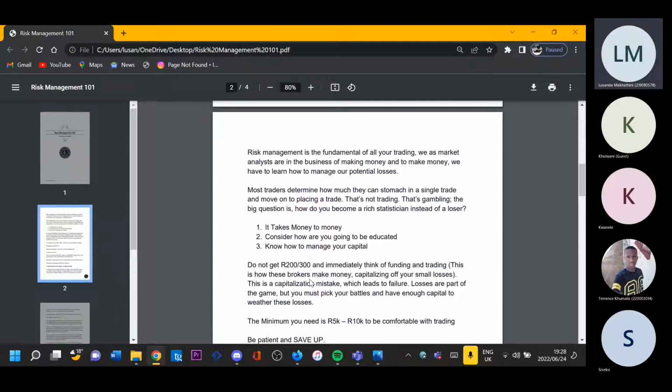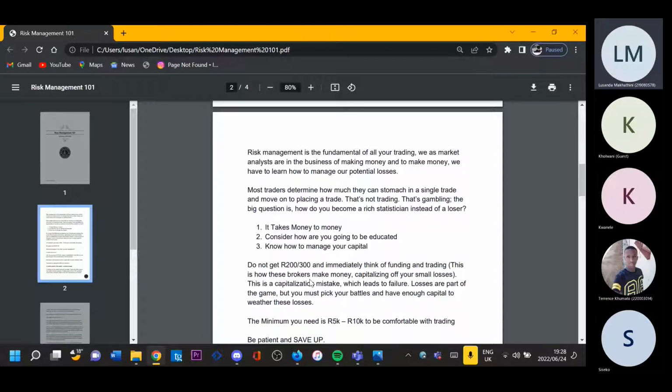So how do you become a good trader in terms of using great risk management? It takes money to make money. We all know that. To be a trader, you need capital, and that's something that's not spoken about loudly. You first need to raise your money and save up. You need money that you know is the money you're going to trade with, and you make sure you utilize this cash because you're not going to get it anywhere else.